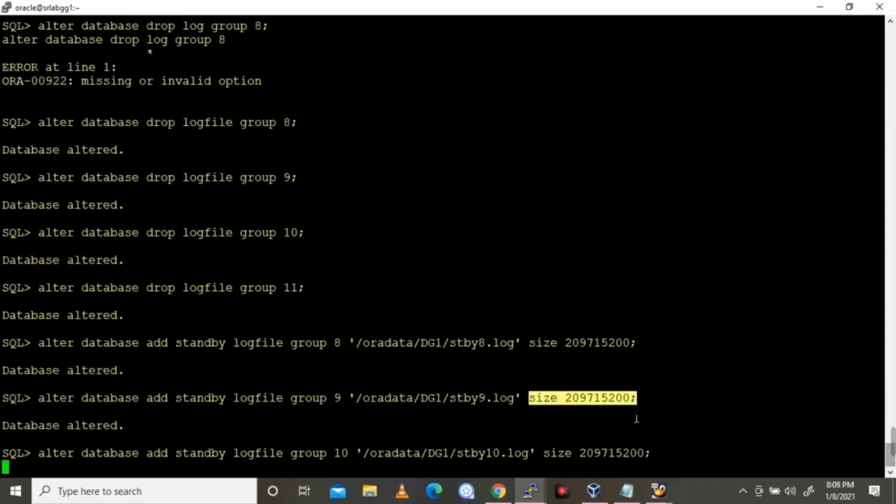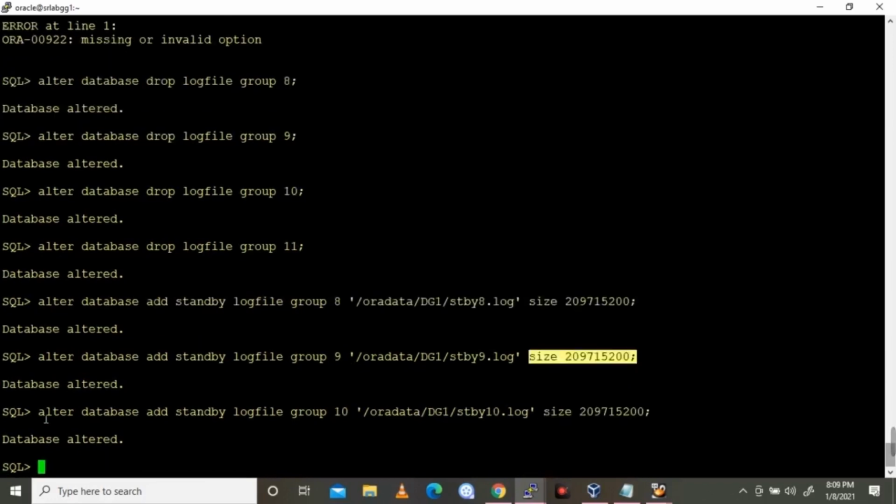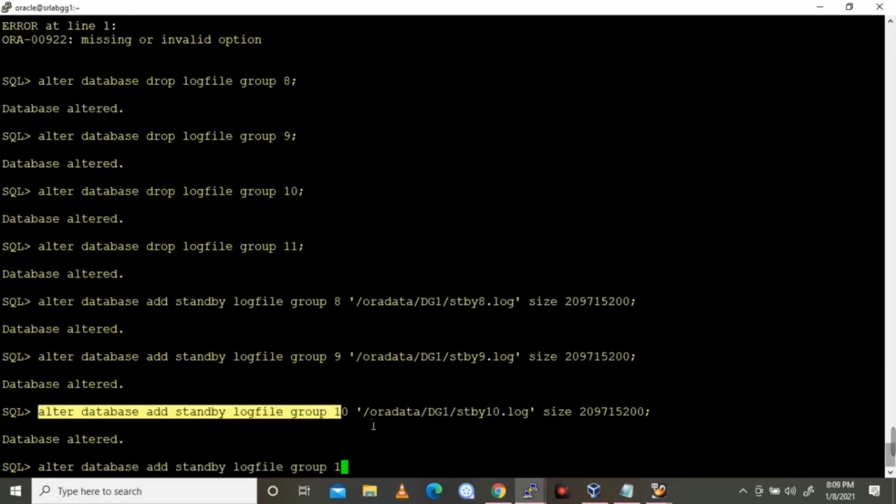So I have dropped, on the source side, I mean the primary side, the 8, 9, 10, 11 log file groups. I'm recreating them.